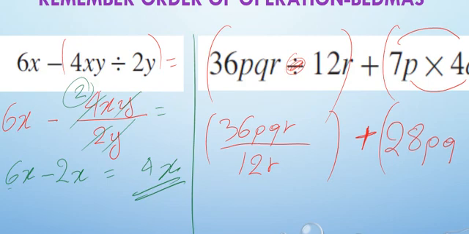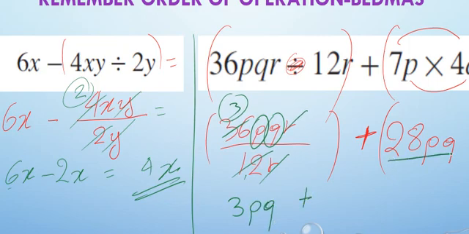Okay. Can I cancel anything here? I see r here. Do I see r on top? Yes, there is an r. And I see 12 here. How many 12s are there in 36? 3. So what's left on top? It's left 3pq